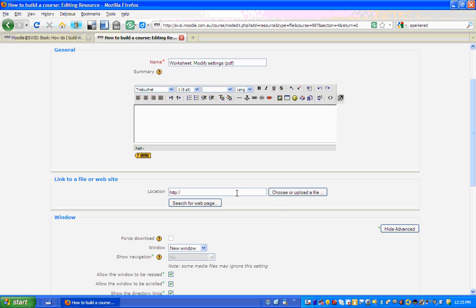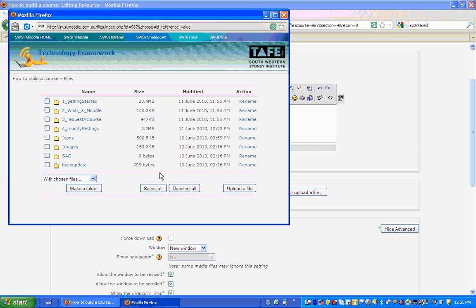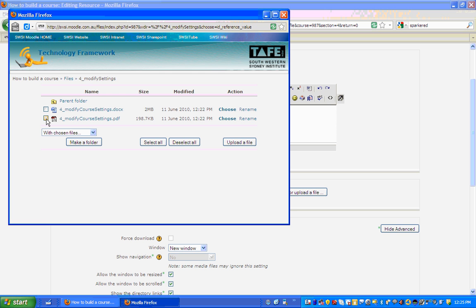But because I've organized the files beforehand, I'm going to choose, and organize beforehand is good because I have my nice little tidy folder here, modify settings, and then if I click on PDF and then choose,